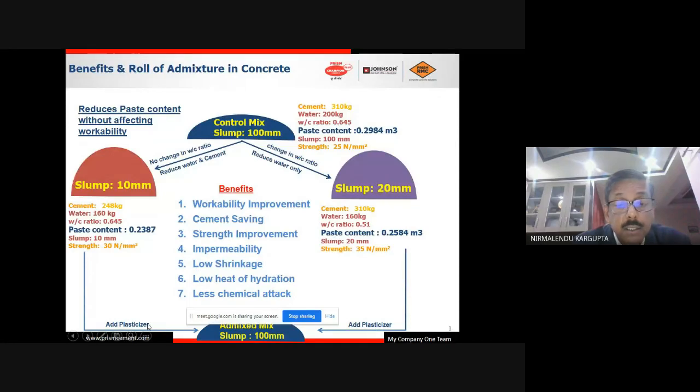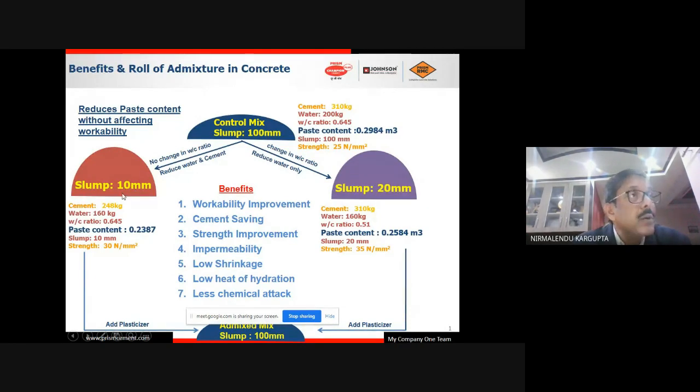I added some plasticizer, and when the slump reached 100 mm, then we can compare this admixed concrete with the control concrete, not before that. Here the slump was 10 mm before adding the admixture. We cannot compare this concrete with that concrete. Why? Because the workability will be different, their compactability will be different, their strength property will go, and this concrete